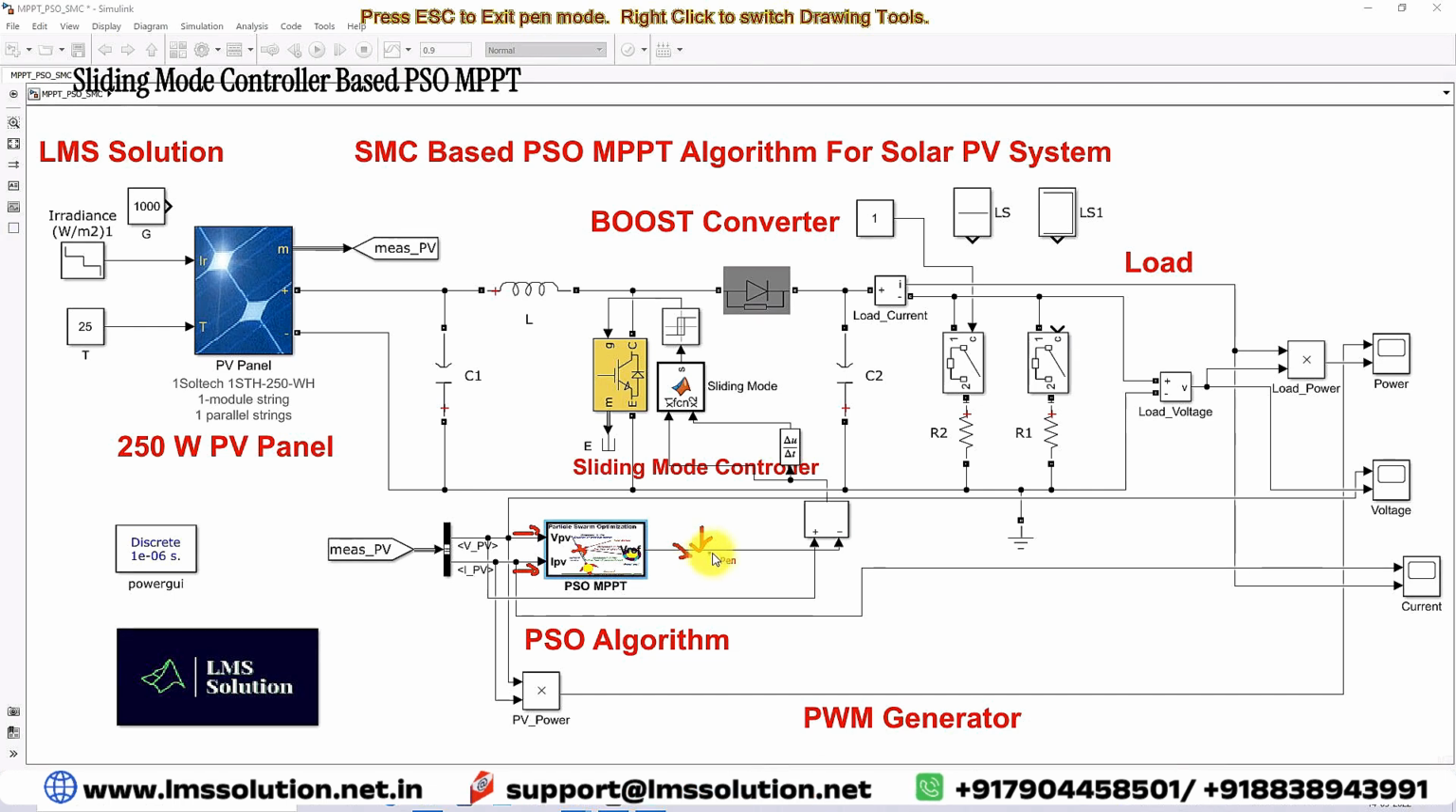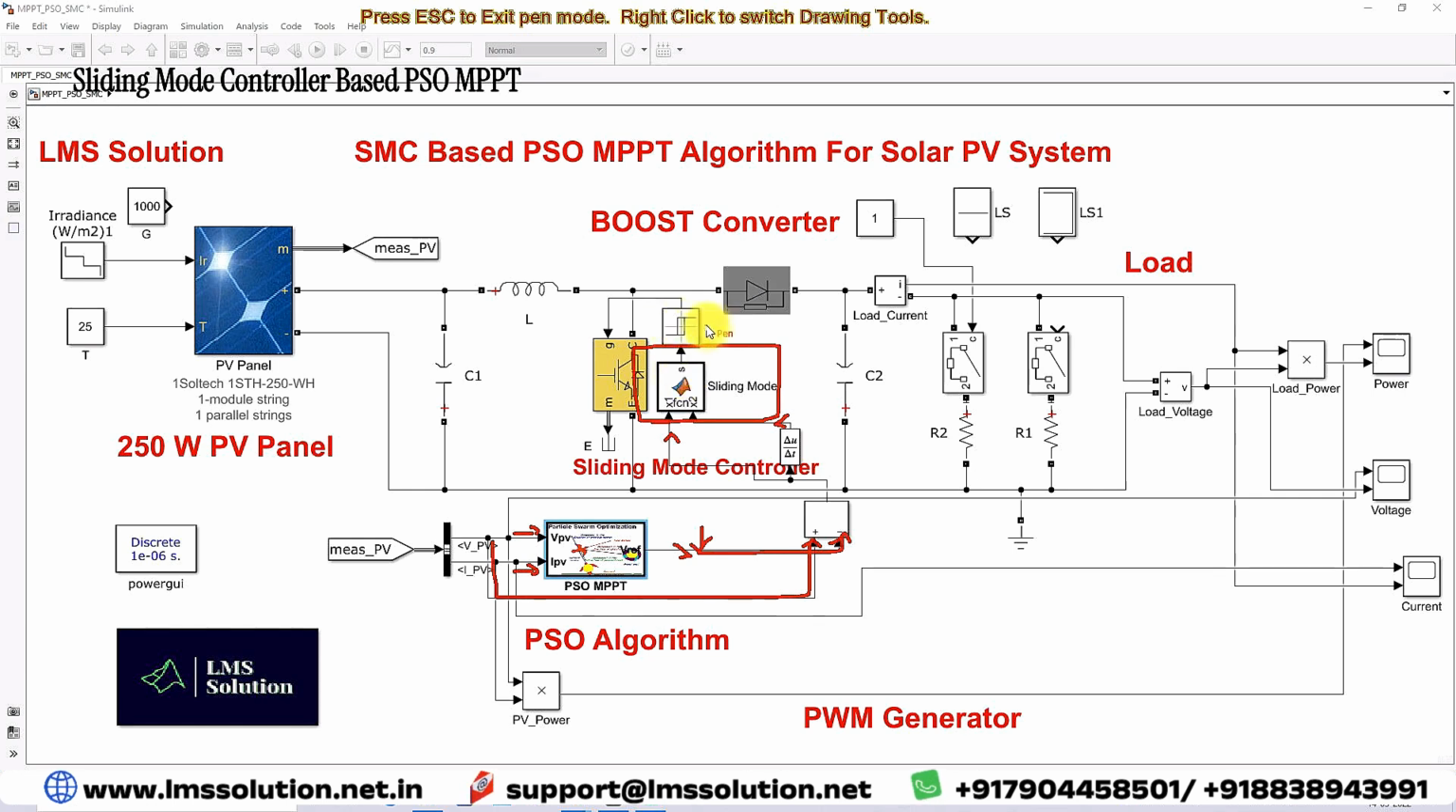This reference maximum power voltage is going to be compared with the actual PV voltage here. This is nothing but the sliding mode controller. The sliding mode controller receives two inputs: one is the error, another one is the rate of change of error. Based upon this error and rate of change of error, the sliding mode controller will generate the control signal